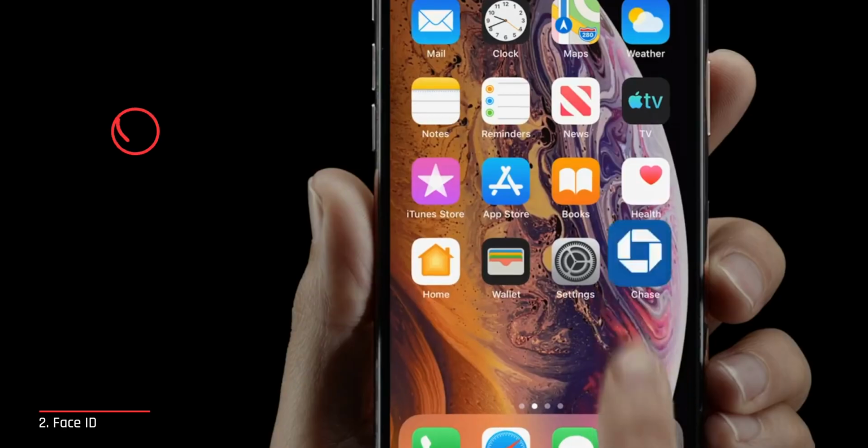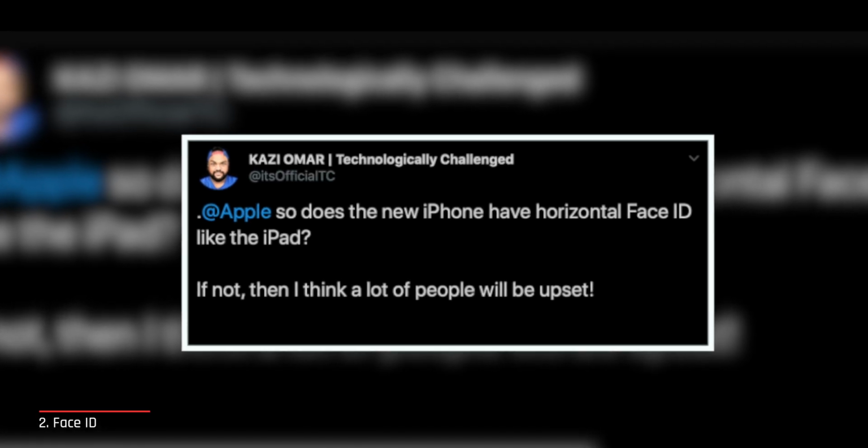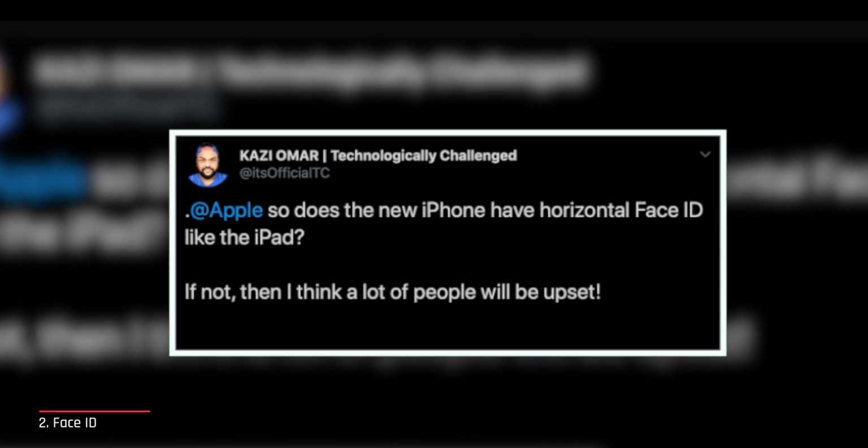Then we have Face ID 2.0. And you know what? It is just better than last year's. It is a lot faster, it is a lot more accurate than before, and it just works. However, I still think there's one thing that's missing from Face ID. About a couple of months ago, I did tweet saying that Apple needs to bring the horizontal Face ID onto the iPhone as well. And I was really hoping that they would. Unfortunately though, they did not bring it. I know the hardware is there. I know they just need a software update, so here's...